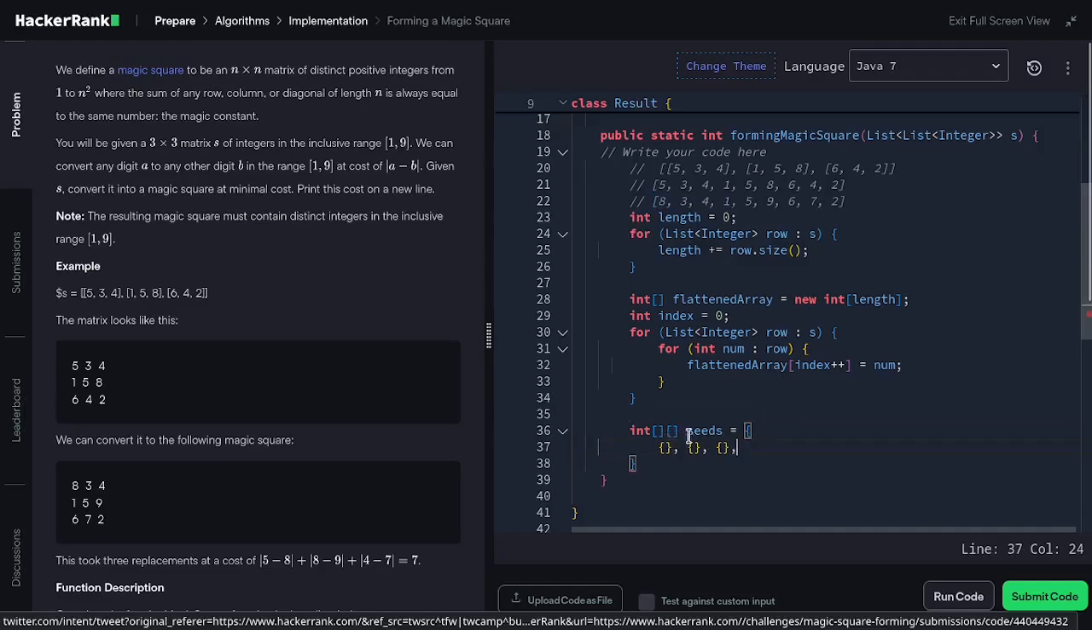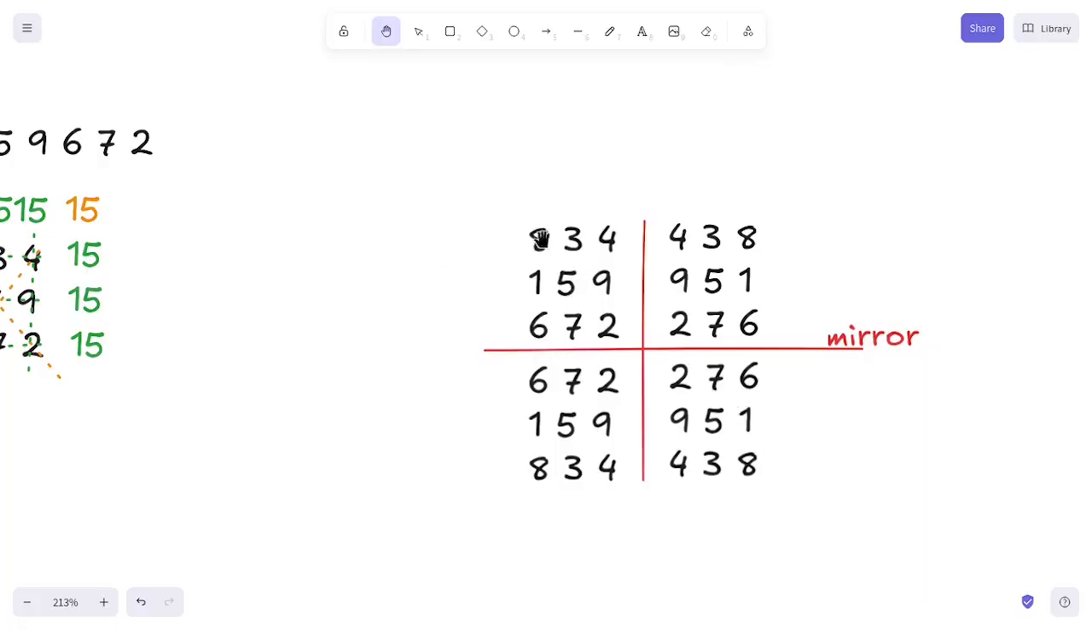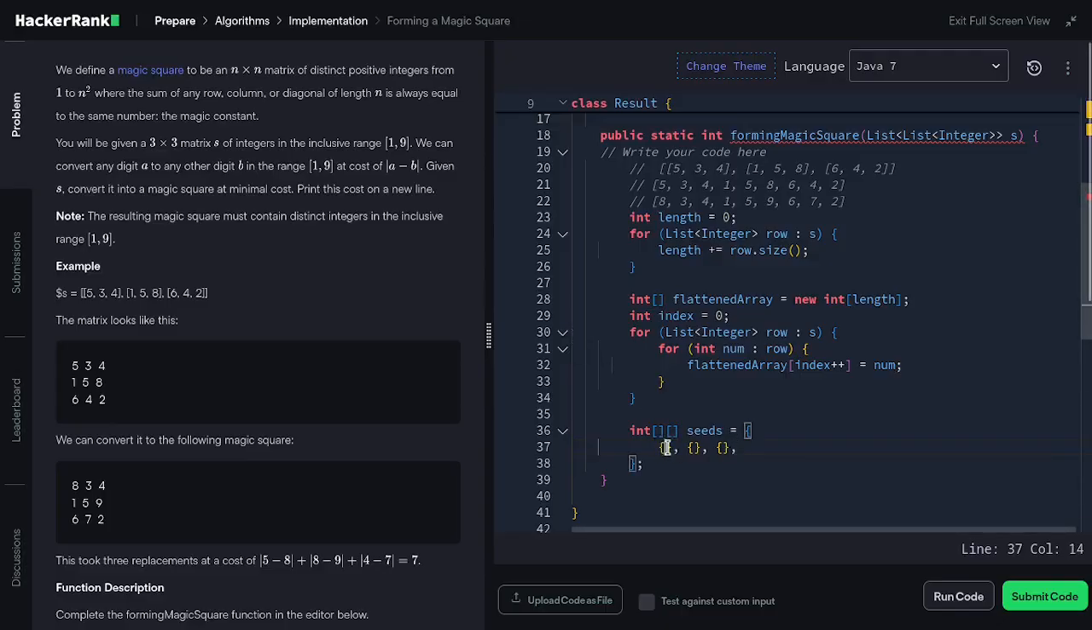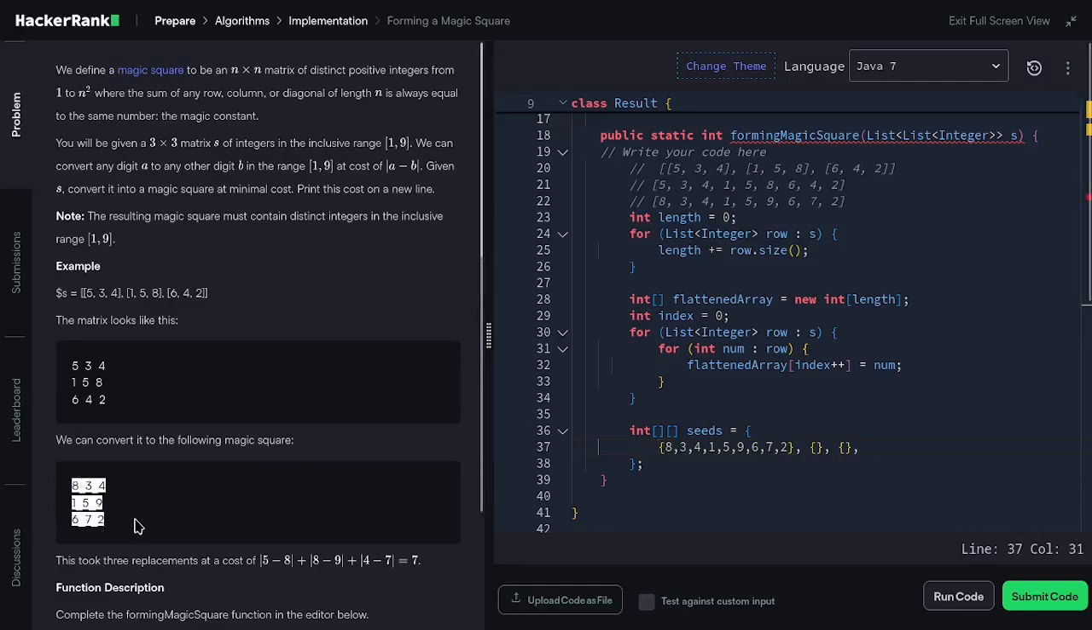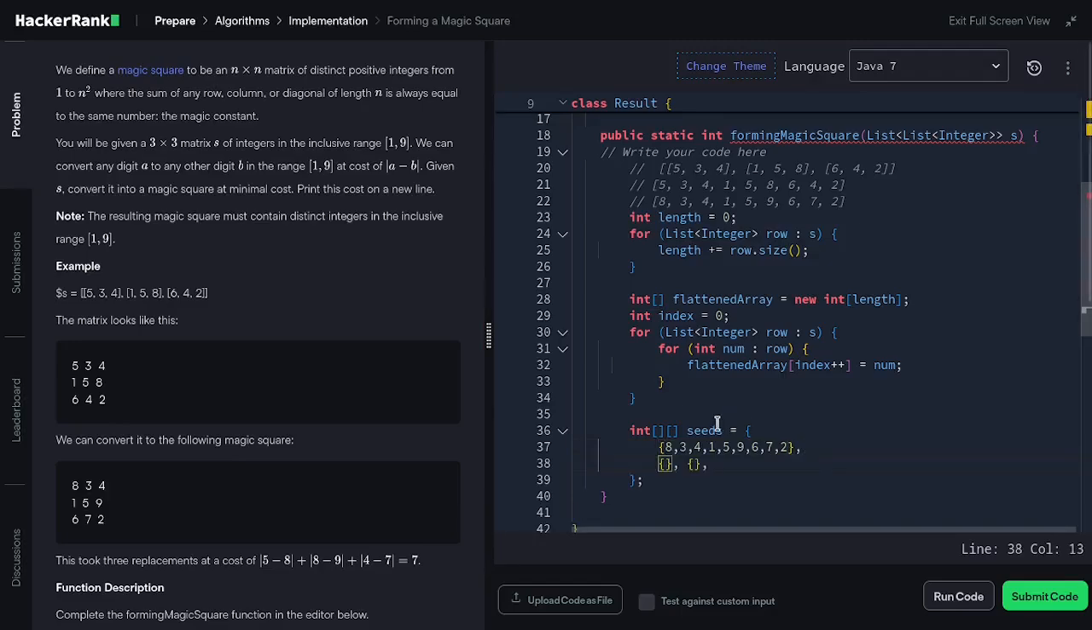Since we have 8 magic square possibilities, if we look over the mirror right here, we have 8, 3, 4, 1, 5, 9, and 6, 7, 2. And we are assigning 8, 3, 4, 1, 5, 9, 6, 7, and 2, just like the proper magic square right here. And to get the rest of the magic square possibilities as the seeds right here,